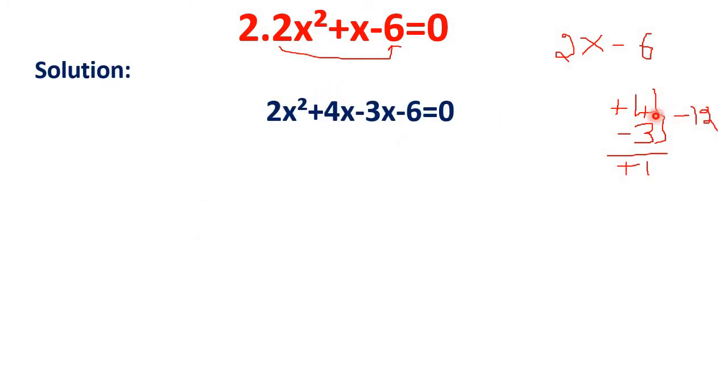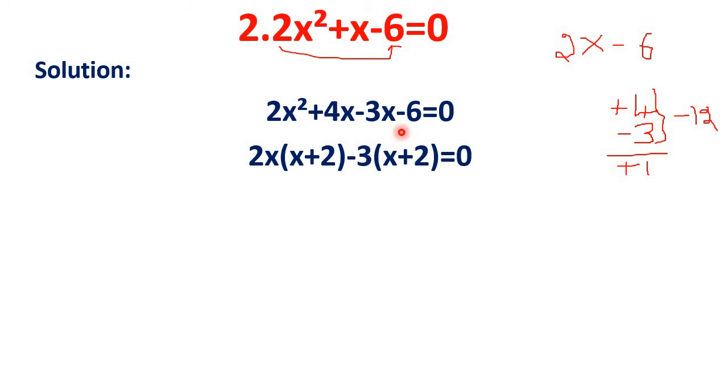2x square, first let us write plus 4x minus 3x minus 6 is equal to 0. So we have split this middle term into two factors. Let us take in these two terms 2x is there, and here also 2 into 2x. So here 2x is common, and then x plus 2x 2 is 4x. Minus, here 3 and 6 are the factors of 3. Let us take 3 as common.